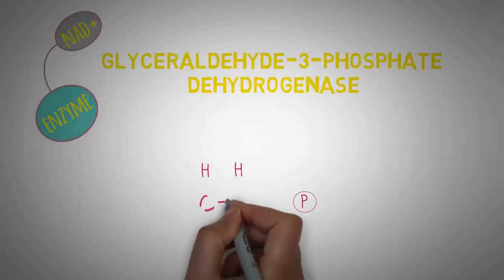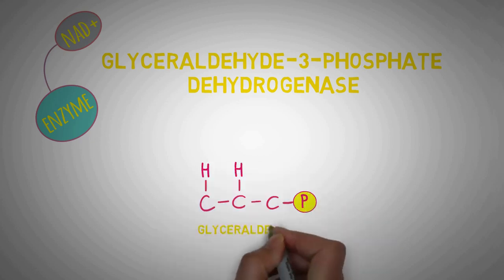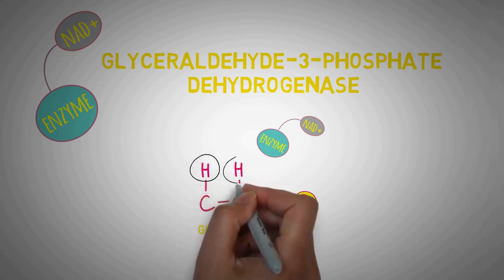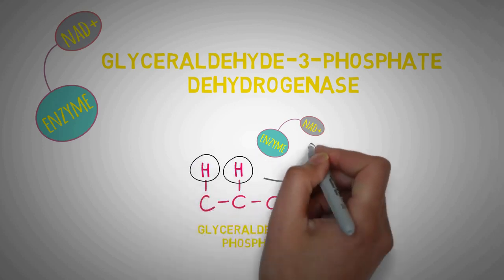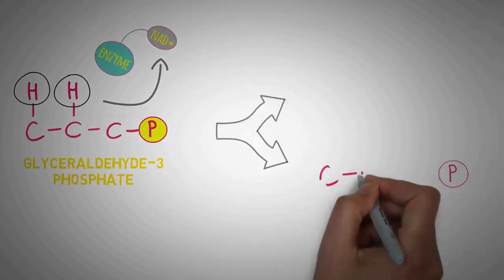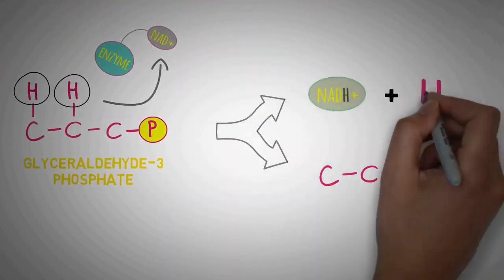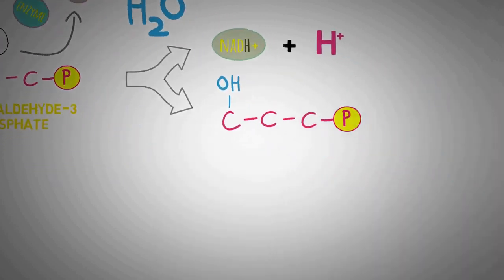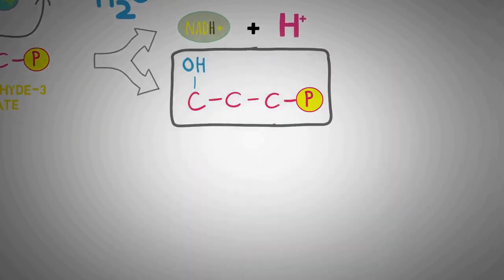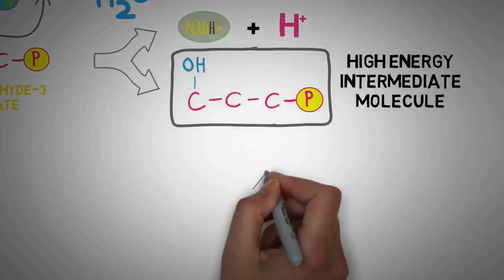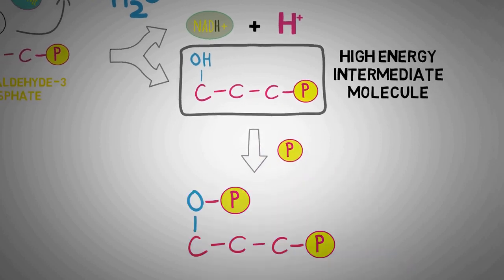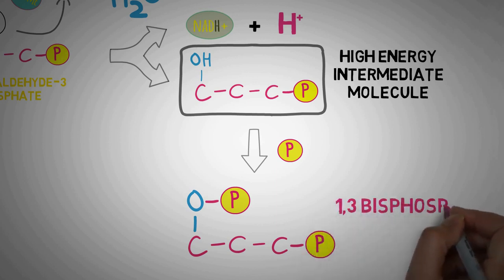In this reaction, the enzyme glyceraldehyde 3-phosphate dehydrogenase acts on glyceraldehyde 3-phosphate and removes the hydrogen atoms from the carbon number 1 and 2, which are then transferred to NAD to make NADH. Since water is also involved in this reaction, an OH group gets attached to the carbon number 1. Now this intermediate has high free energy and it is very unstable. It loses its excess free energy and the phosphate group gets attached to this intermediate, making it a stabler bisphosphate